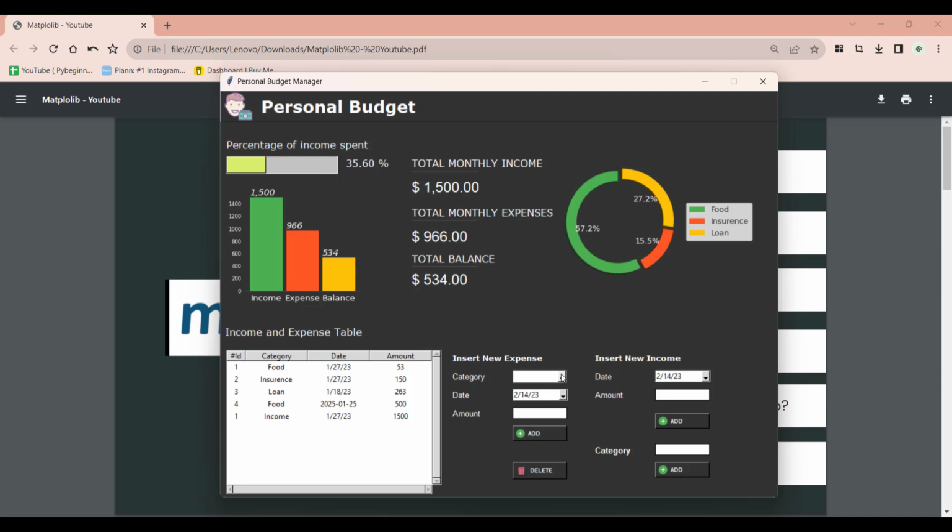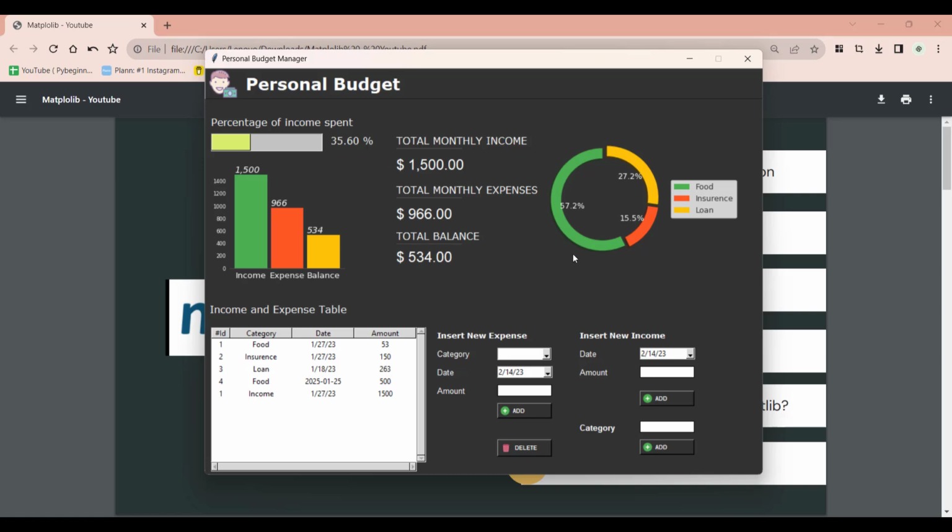We can insert a new expense, we can insert income, and we can also insert a category. Whatever we insert will be displayed here as a graphic. For example, let me set a new amount, let's say 500. If I click on add, we can also choose a date that we want to insert. If I choose add, boom, as you can see, data is inserted successfully, and now the total amount changes. Even the behavior of the graph will change also.